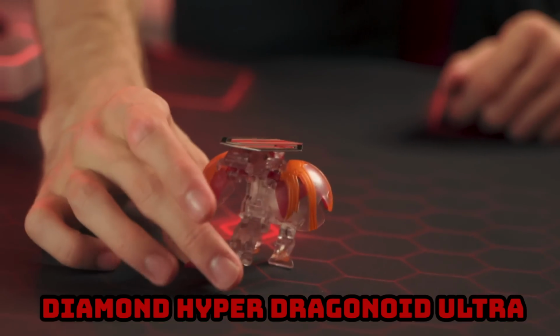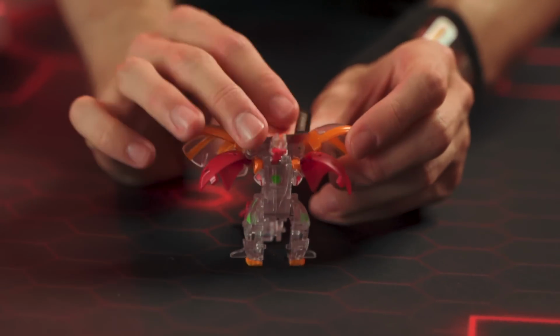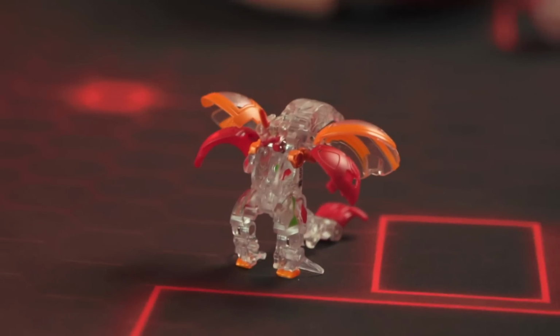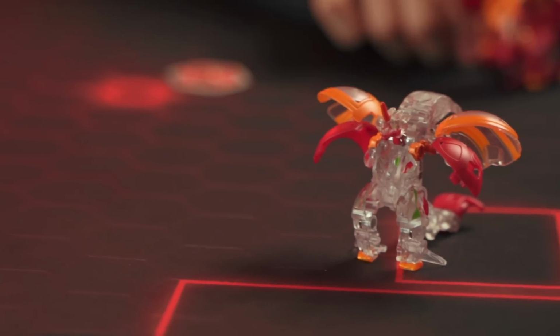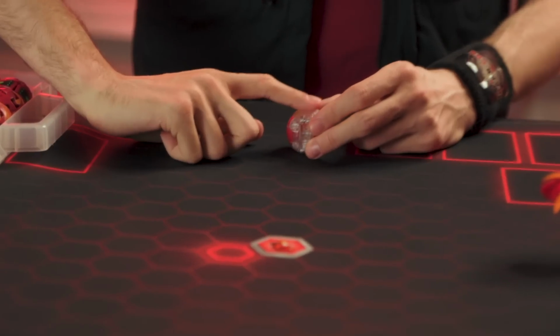Oh, he didn't stand! That was cute! Hyper Dragonoid has big wings and a flip-out horn, like old school. I thought this one was a big improvement on the Dragonoid Ultra design compared to the normal Dragonoid Ultra. His proportions are a little bit more sensical, if you ask me. Next up, we got